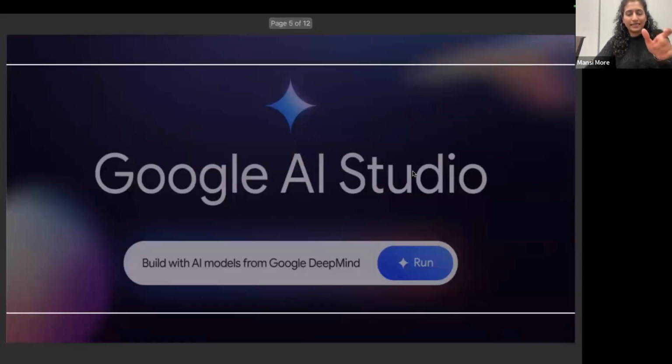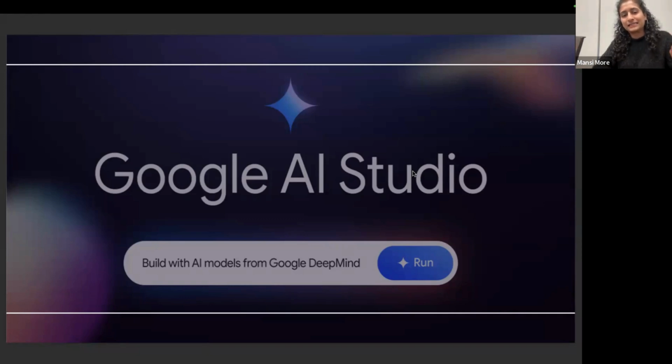Let's start with the highlights of the workshop. There are a few tools by which we can build an AI conversational bot or AI agent. Let's start with Google AI Studio. It is a web-based platform that provides a streamlined environment for developers, engineers, and non-engineers to experiment with and build applications using Google's first-party AI models, which is Vertex AI.